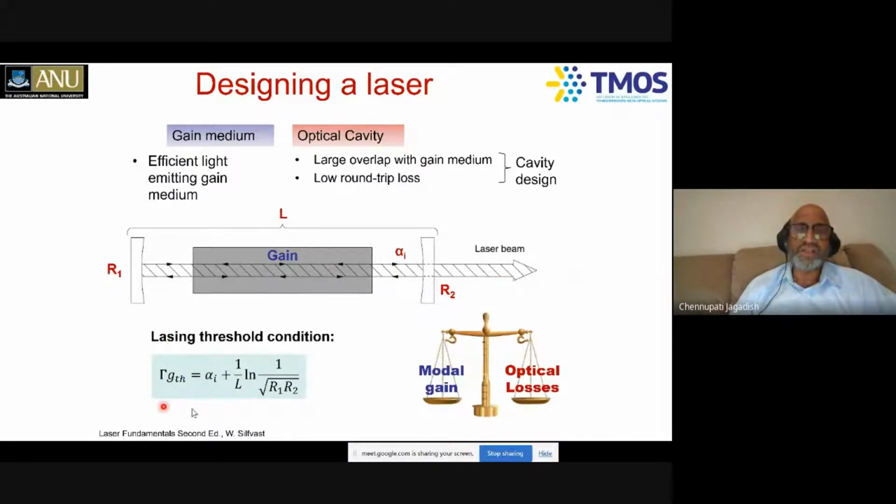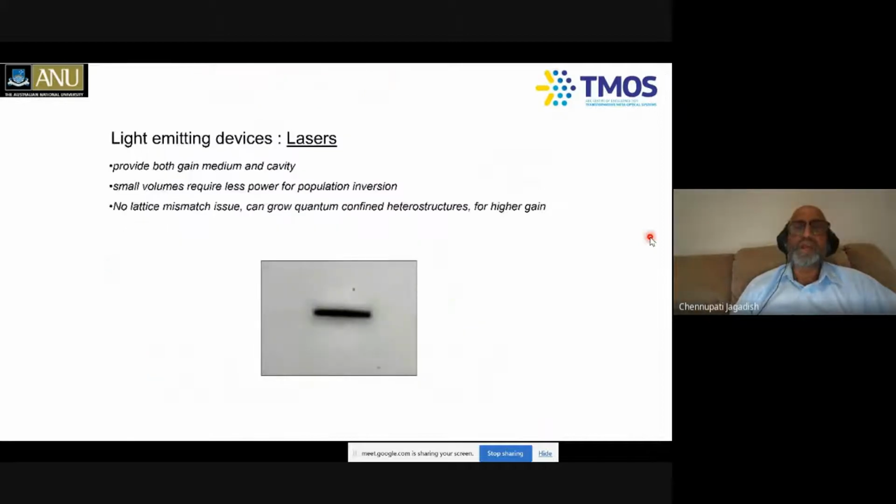In fact, this equation essentially is saying the same thing as what it's showing here in the schematic. Gain needs to be equal to the internal optical losses and mirror losses, and only then does lasing start taking place. If you take nanowires, if you shine light from the top, for example, light starts propagating along the nanowire, because the nanowire acts like a waveguide. Of course, if you choose the right kind of nanowire. But also both ends of the nanowire act like mirrors because of the large refractive index contrast between the semiconductor, 3.4, and the air, which is 1, for example.